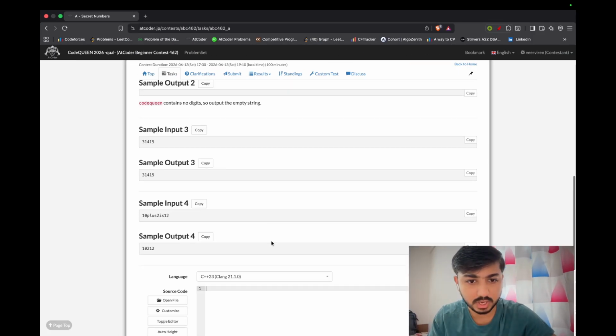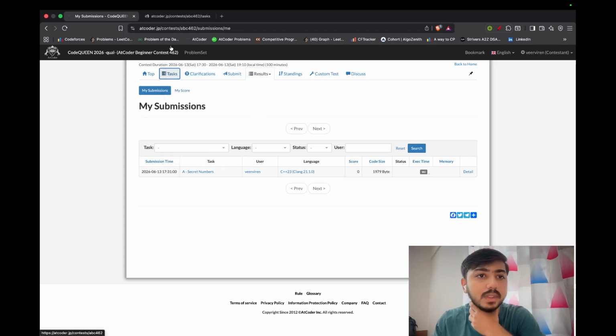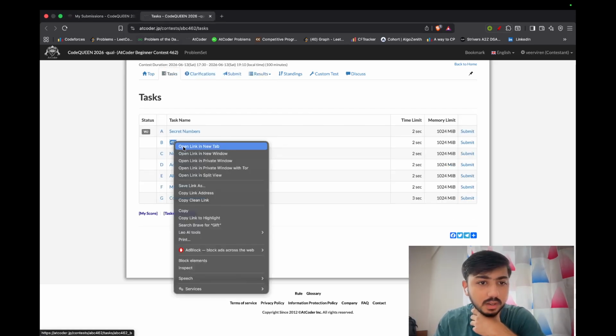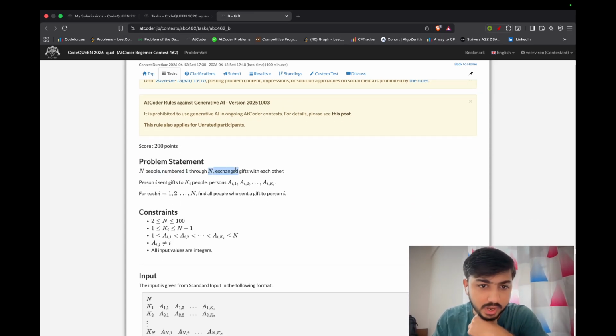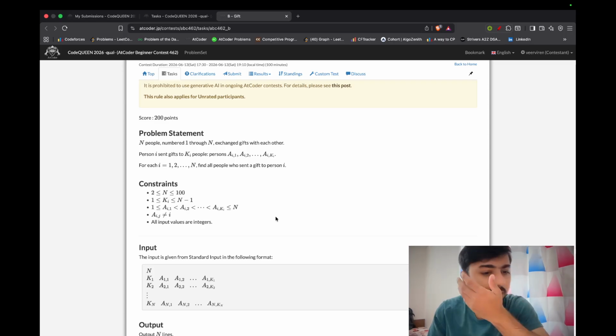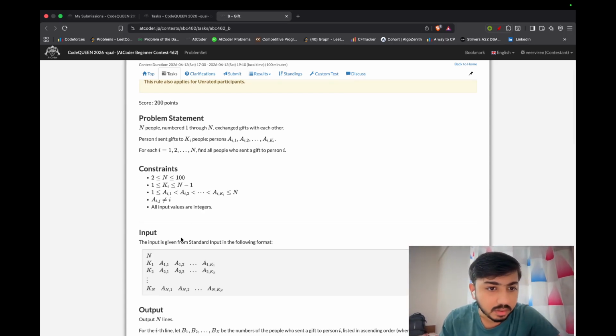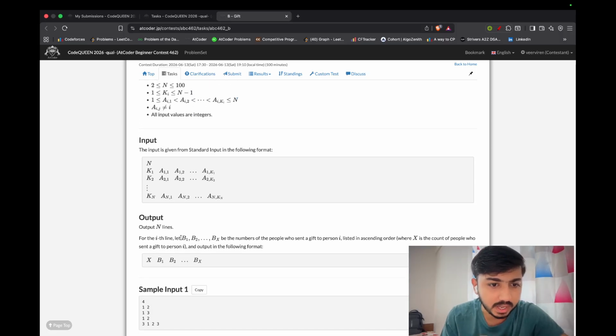Yes, let's move to the next question and open the task list separately. Question B is gift. People numbered from 1 to N exchange gifts with each other. Person i sends gifts to K_i people. For each, find the number of people who send a gift to person i. So we have to find the count. Oh no, we have to exactly print X